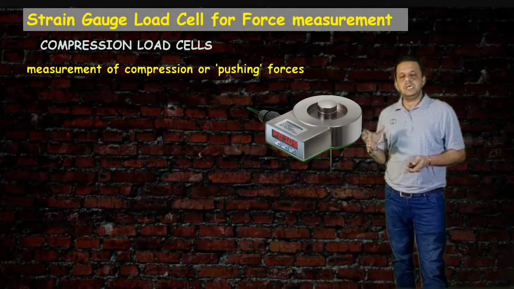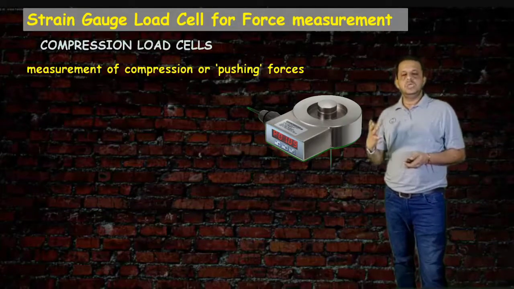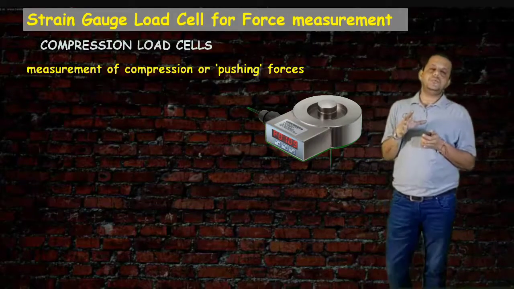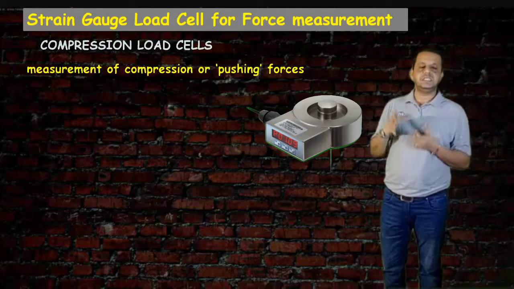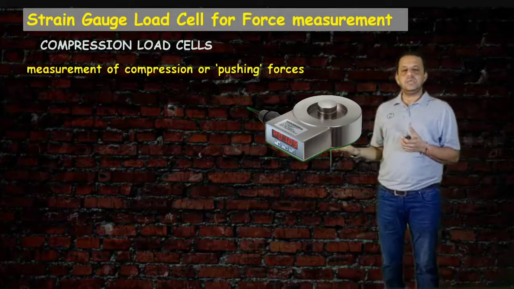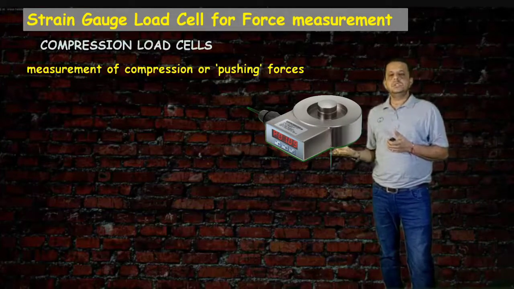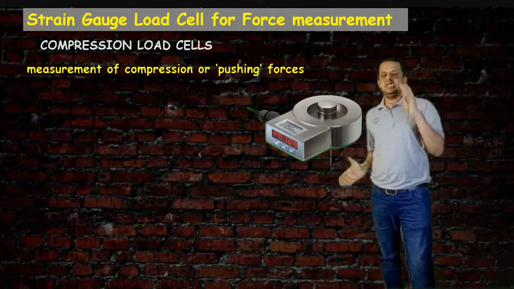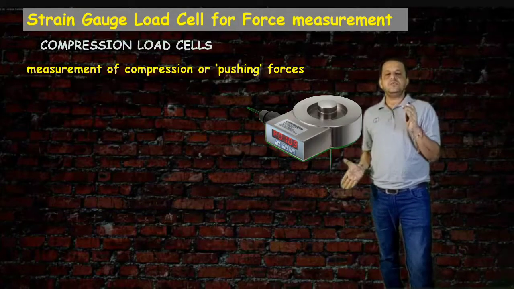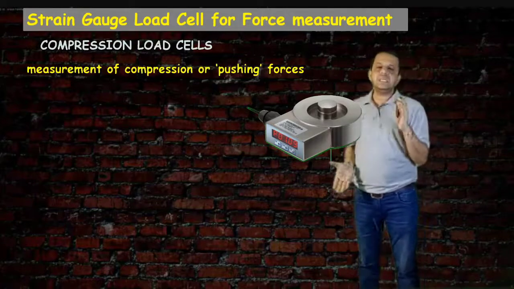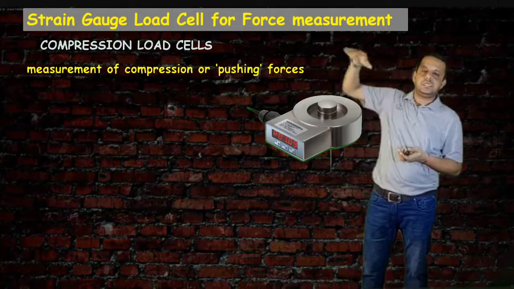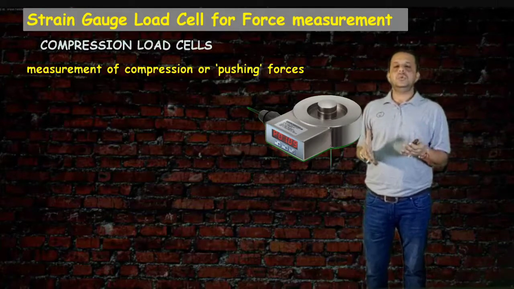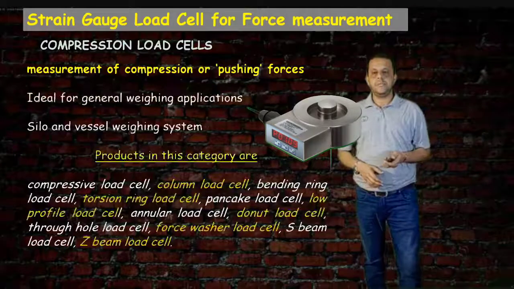So we will be going through different types of load cells here. The two major types of forces are compressive and tensile. The first one is the compressive, here you see. So the compression load cell is one broad classification. These are the strain gauges which measure pushing kinds of forces. From here, if we push, it will be measuring. So compression or pushing forces.